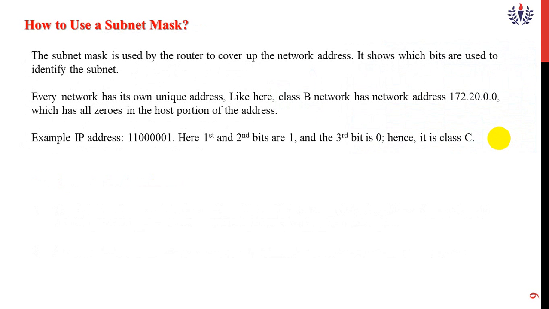How to use this subnet mask? Generally, the subnet mask can be used by the router to cover up network addresses. It shows which bits are used to identify the subnet. Every network has its own unique address. Like here, a class B network has the network address 172.20.0.0, which has all zeros in the host portion of the address. Here, the IP address is